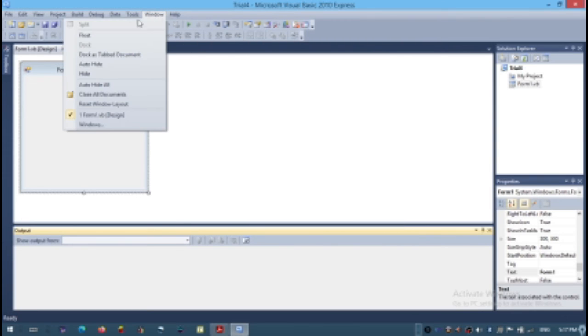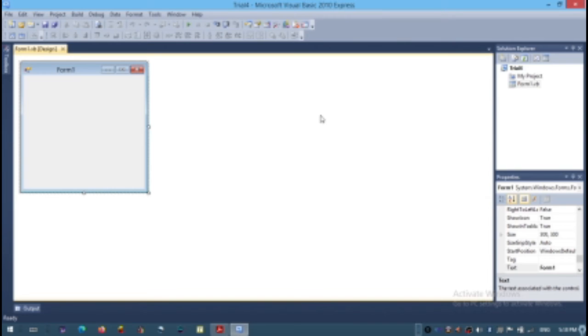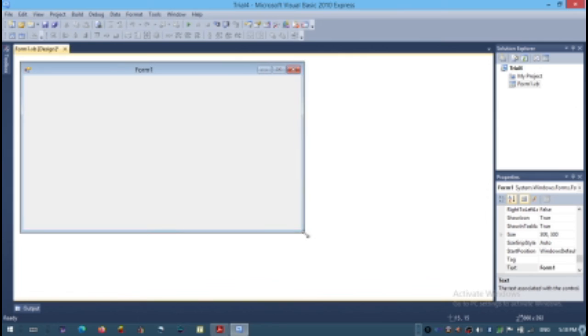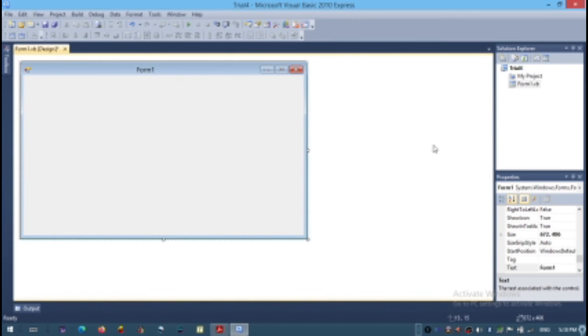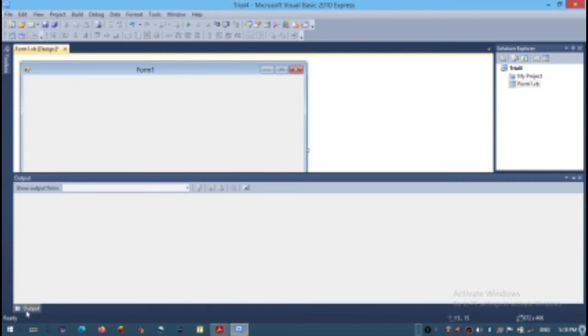Now a window can be floating. We can make a floating window, a docked window, or we can make it auto hide. So what is the use of hide and auto hide? Let us go for auto hide. Now we have enabled the auto hide option. With the auto hide option, we get more space for the design of the form. If a window is hidden and we move the cursor to that side, the window will pop up.